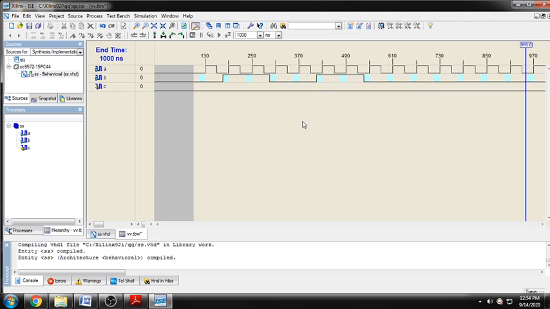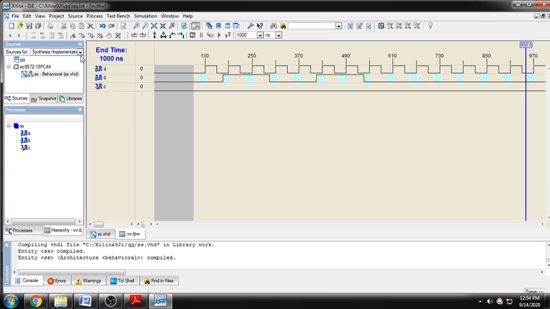Here, where 1 is odd, but here 1 is even, because this is high, this is high, this is high, so there are 2 ones. Here this is low, this is 1, so there is an odd number of ones. So where is the output? The output would be high here. C is my output, you can see here, this is the line of output. Now you have to save the program which you changed.